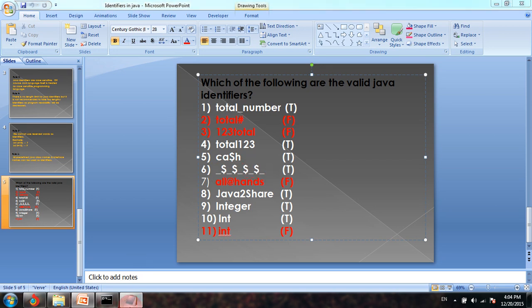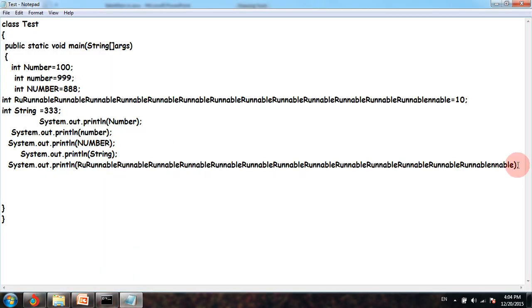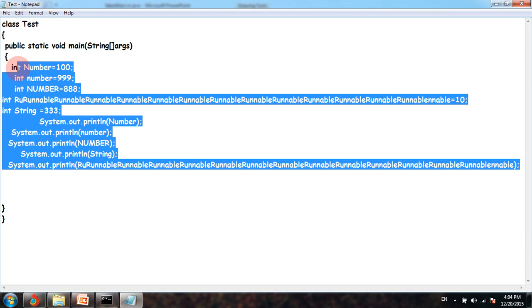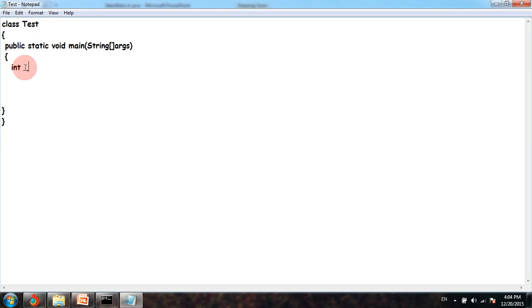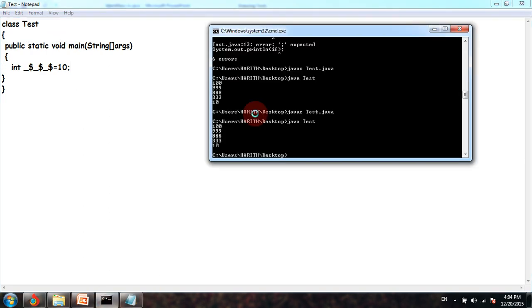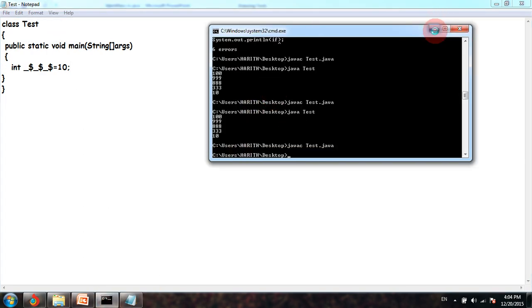Underscore dollar is also allowed. To check this out, let me just write it down and give it some value. And I'm not going to print it this time. I'm just going to compile it and save my time and yours as well. So it's compiling fine, there's no problem.